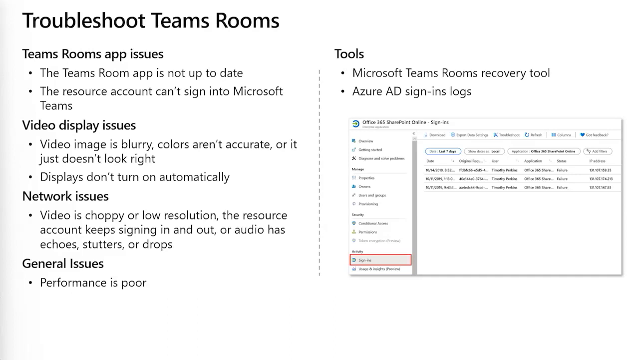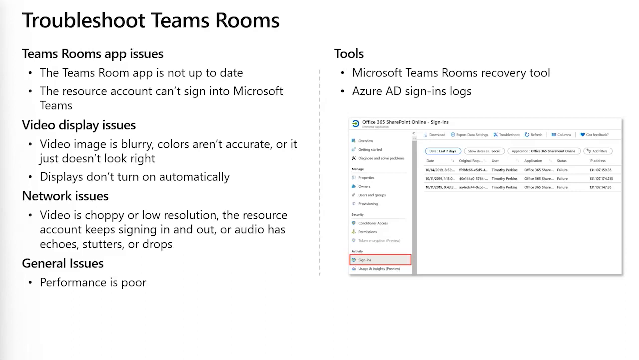If the video image is blurry, the colors are inaccurate, or it just doesn't look right, make sure you're using high-quality HDMI cables and verify that those cables are tightly connected and that the cable hasn't come loose. Inspect the cable to make sure it isn't broken or damaged. You may need to update firmware on the compute module or update the video driver. Verify that the front of room displays don't have burn-in